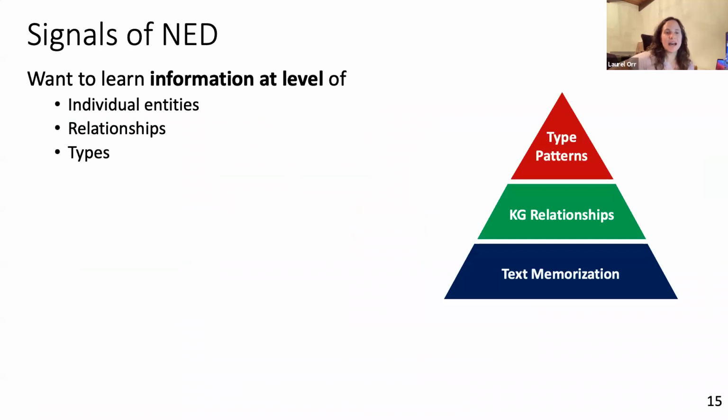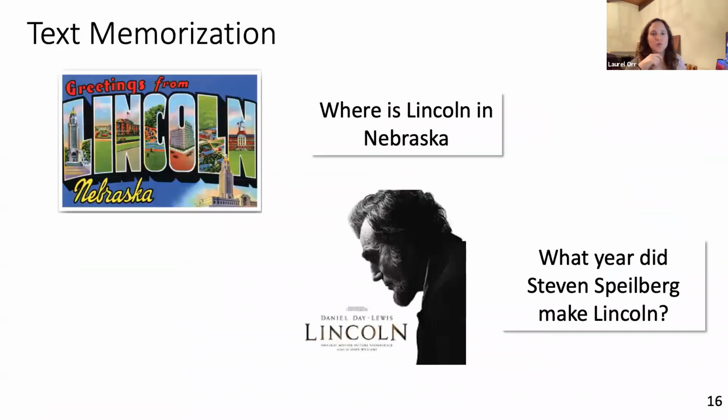Okay, so now we're ready to dive into these subtle reasoning cues that I hinted at earlier. Disambiguation, as I'm going to show, requires learning information about individual entities, relationships, and types. I'm going to unpack that statement with a couple of examples. If I asked you, where is Lincoln in Nebraska, or what year did Steven Spielberg make Lincoln, you'd be